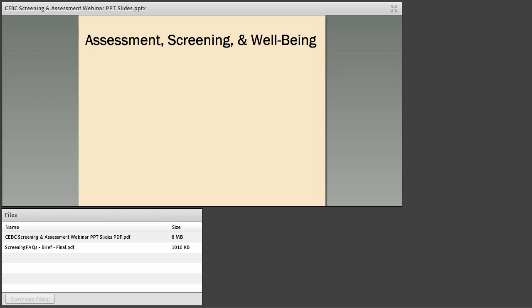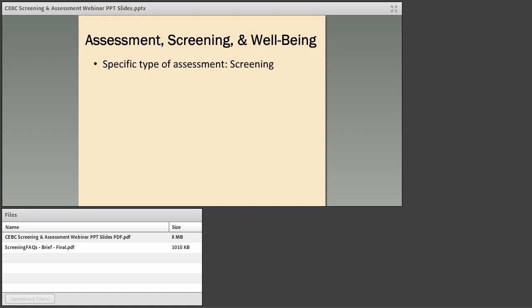So thinking about measuring well-being, first, assessment is the act of measuring or evaluating something to understand its nature, its characteristics, or its quality. So that's what assessment broadly is. Assessing well-being in child welfare can take on a lot of different faces. It's a broader term and it has many different applications. But one specific form of assessment that is important for child welfare is screening.